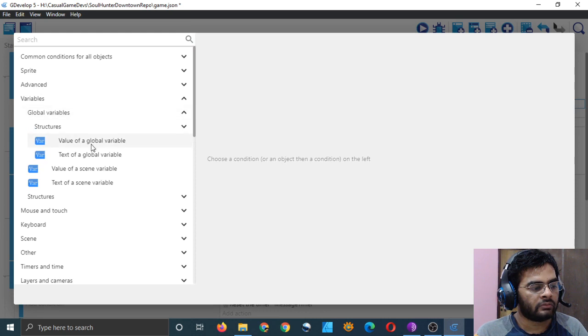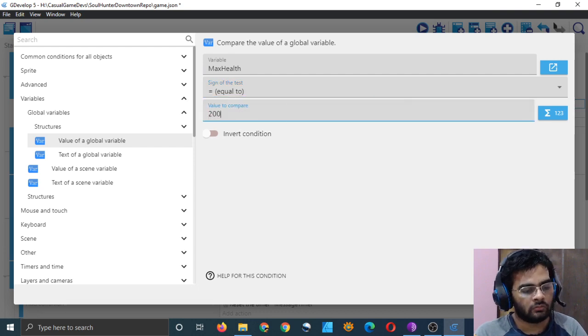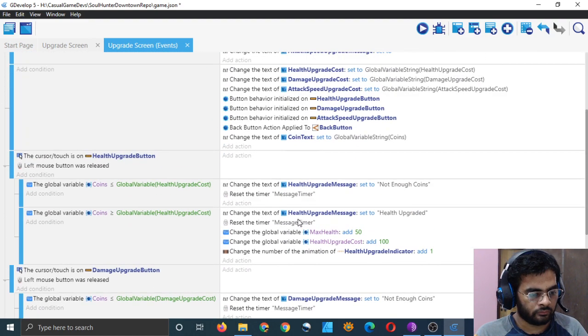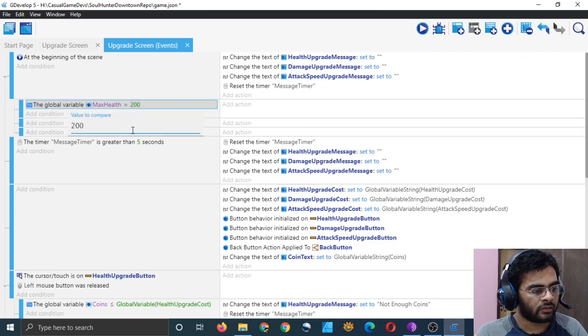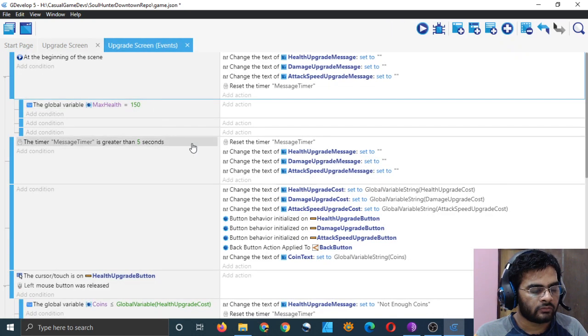If the variable max health is exactly equal to 200, oh no, 150. Max health is increasing by 50, so for the second animation it will be 150, not 200, right? And if it is not 150, no, it's okay, it's good.